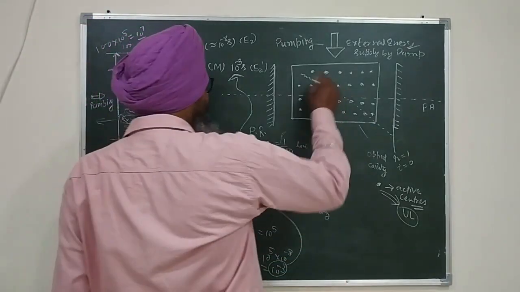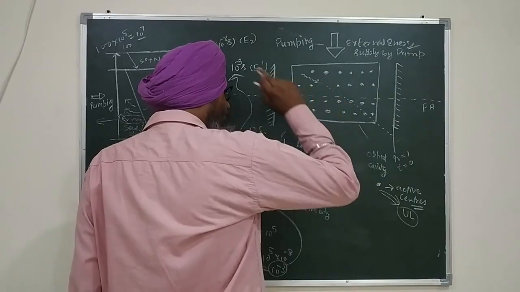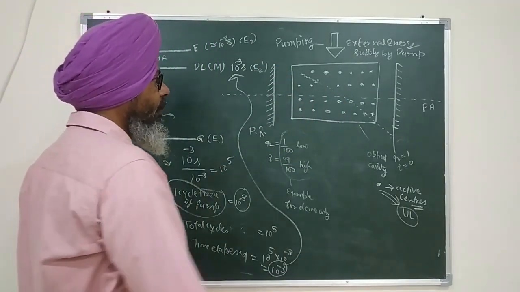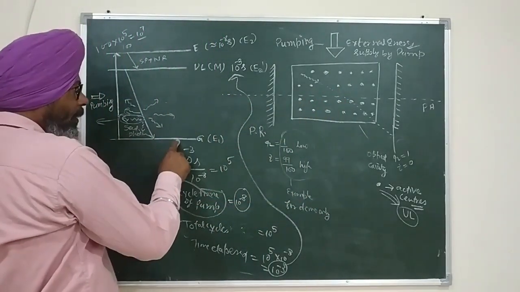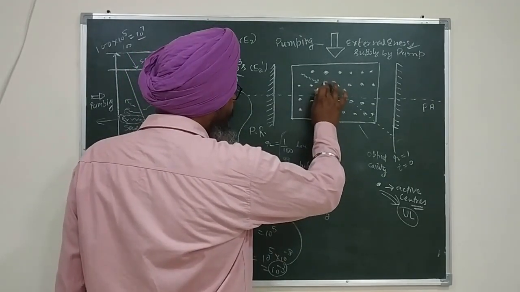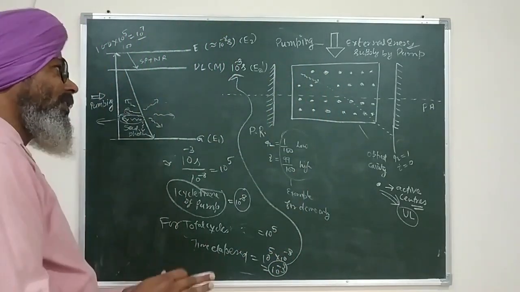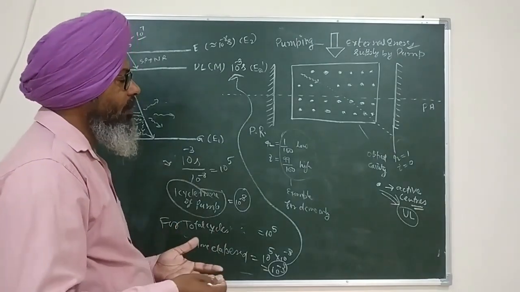So when it will strike here, then what will happen? This atom will be de-excited forcefully, and this atom will therefore come back to the ground level. As soon as it comes back to the ground level, I must remove the dot here, because the active center atom is still there, but that atom is not active now. So therefore the active center has disappeared.